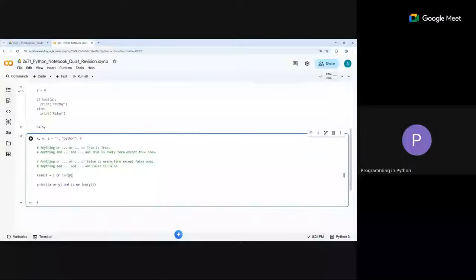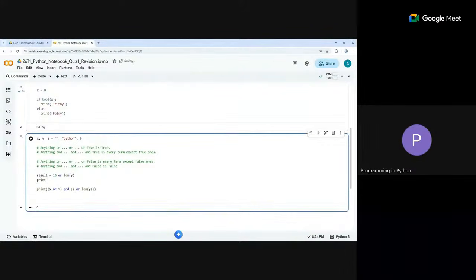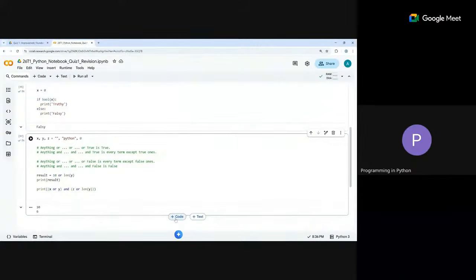Yes, Yashvir, please go ahead. If both conditions are true, then what value will it return? That is also a good question. So if both conditions are true, say I write 10 or length of y. Now 10 is truthy and this is or. So 10 will remain. If I print the result, here 10 will remain, because immediately you see this and it became truthy. The whole thing was true anyway, so I did not go and check the other one. So I returned this one.